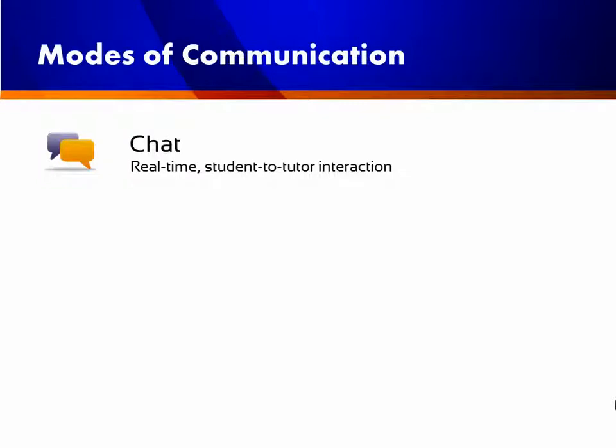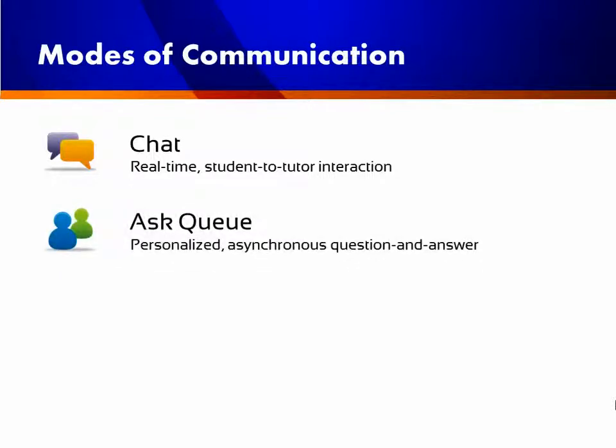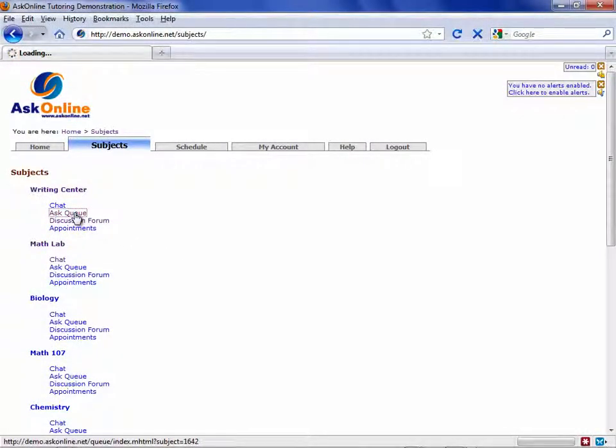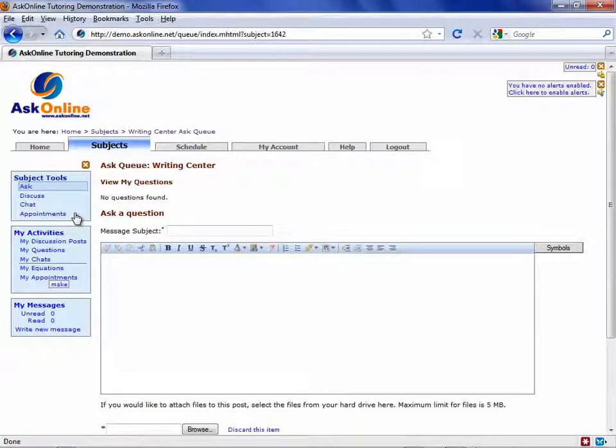If a tutor is not immediately available for a given subject, then the student might take advantage of a few additional resources at his or her disposal for receiving help on a problem. The Ask queue provides a means for the student to ask specific questions and have them answered as soon as a tutor for that subject becomes available. Over time, the Ask queue becomes a repository of past answers that the tutor can take advantage of to assist